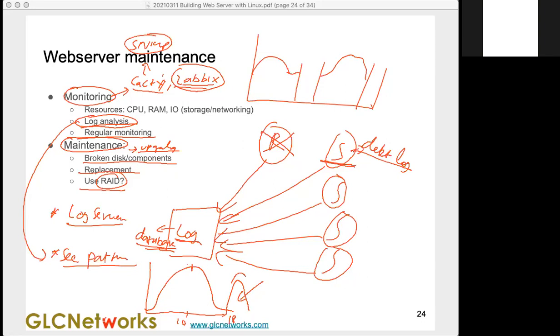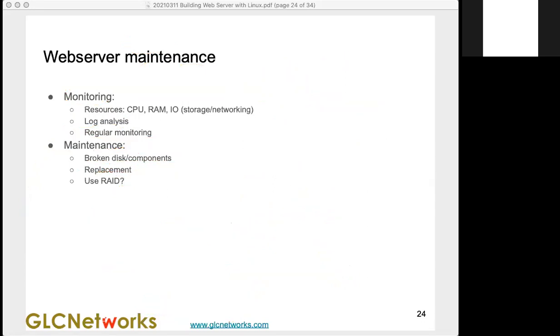How do I command delete? Well, you can use delete. It's simple files. Right, so that's the web server maintenance. Next is